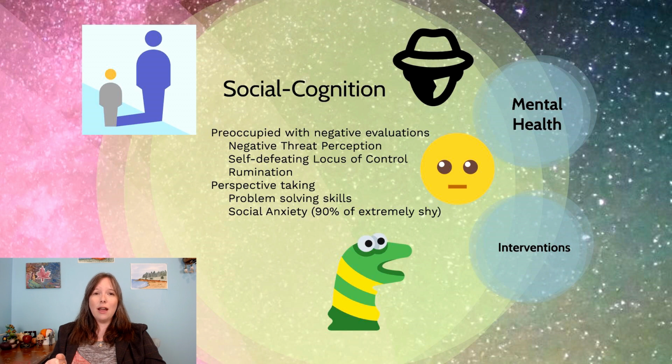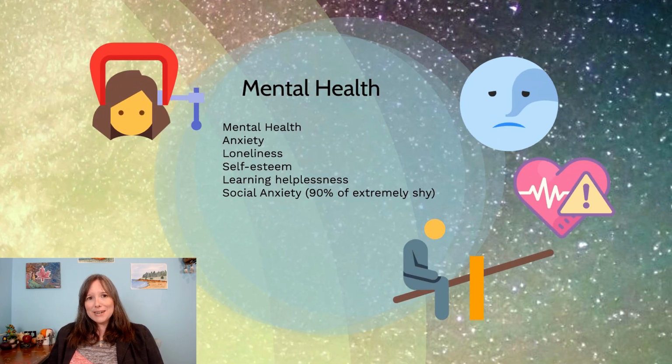We can see this in individuals who are extremely, extremely shy. 90% of them have social anxiety. And social anxiety is tied to catastrophizing and cognitive distortions that are not real. And so we can see that 90% of the most extremely shy people tend to have these distortions and really imagine problems that are not tied to reality. So moving forward from cognitions, we can also talk a bit deeper in terms of mental health. Although shyness itself is not a clinical disorder, we know that having shyness does put us at an increased risk for things like anxiety disorders, or things like really intense feelings of loneliness or low self-esteem.